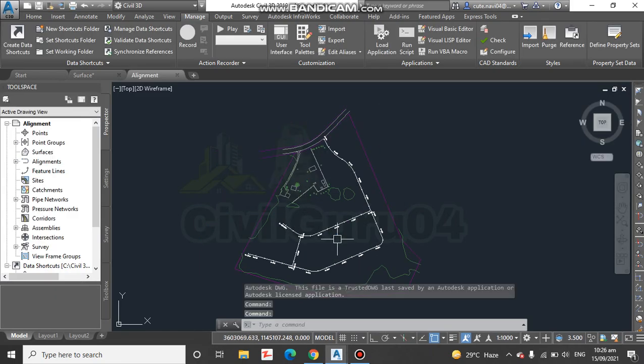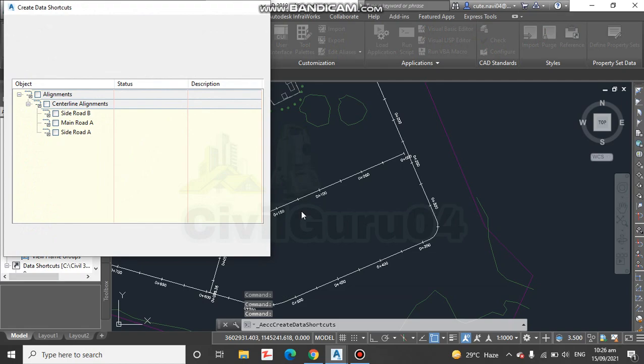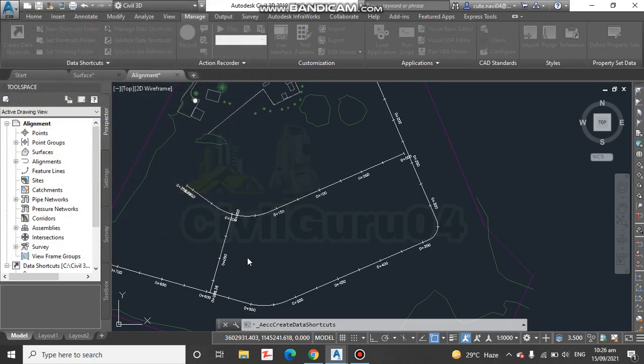You can see these are our alignments, so we need to create a data shortcut for these alignments also. Main Road A, we are going to make a data shortcut and click OK.